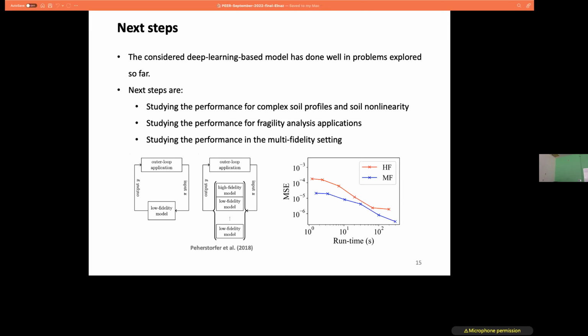Maybe one quick question. Could you talk to us about your superstructure? The structure part of your soil structure interaction and how that's affecting your results, because you looked at your soil.